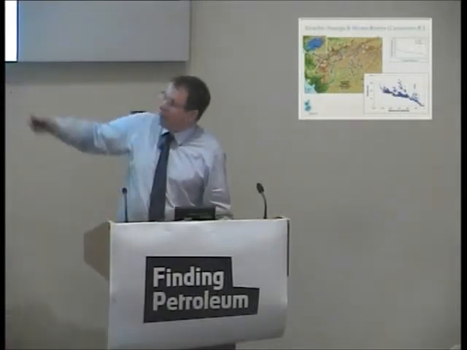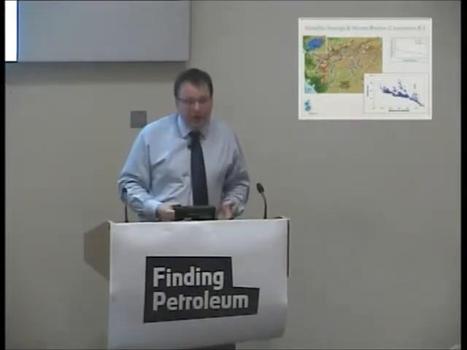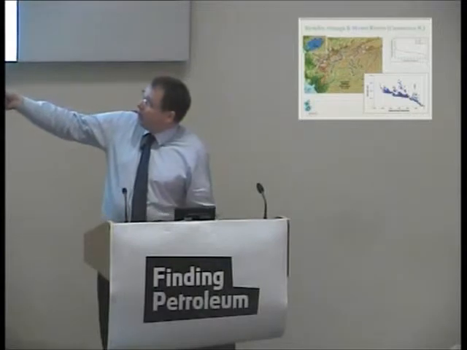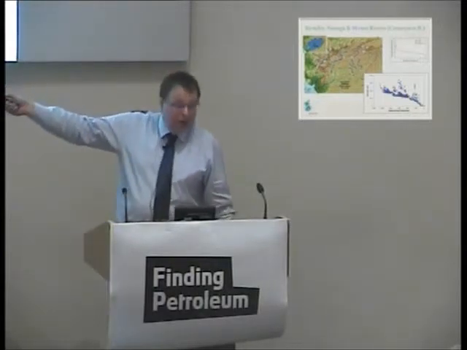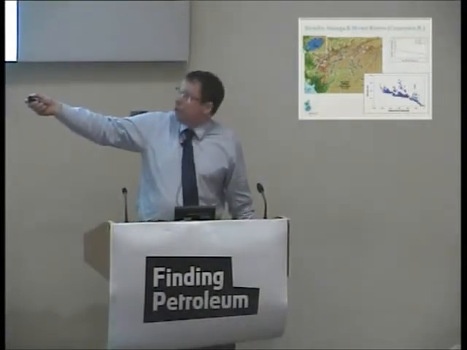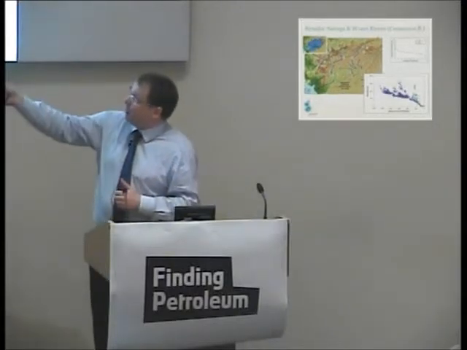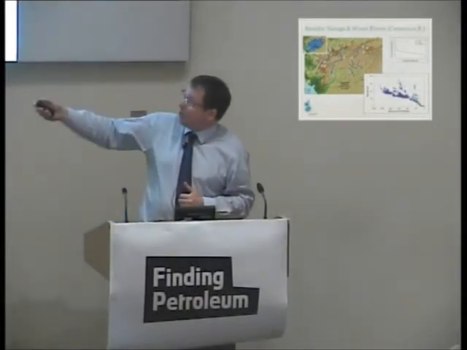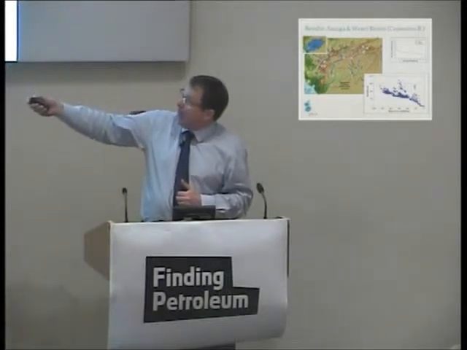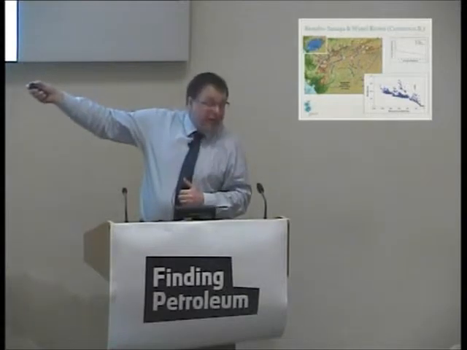Dark blue here represents present-day trends of the modern river systems. The light blue are possible paleo directions, possible paleo trends of the river system. And the red here are the big shear zones that operate through this region. And the sort of thing we're looking for here is to say, right, is there evidence of capture here?